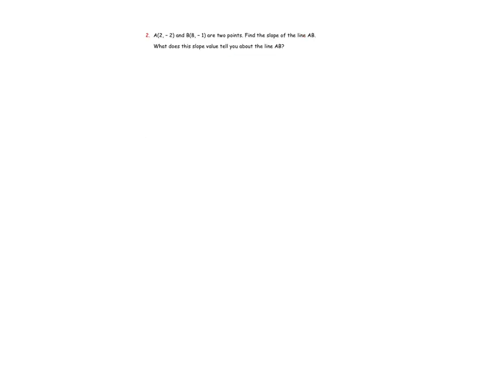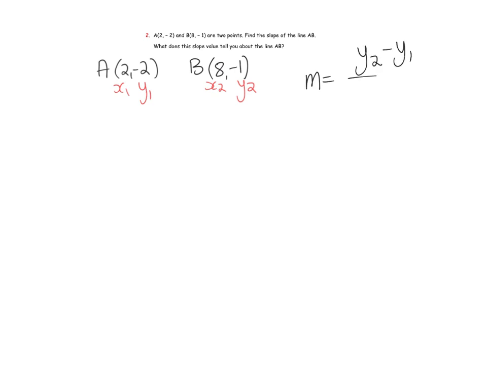The next example says a is (2, -2) and b is (8, -1), and it tells us they are 2 points, and it wants us to find the slope of the line AB, and it says what does this tell you about the line AB? So I'm going to write out the points. We have A, which is (2, -2), and B, which is (8, -1). A is x1, y1, B is x2, y2,